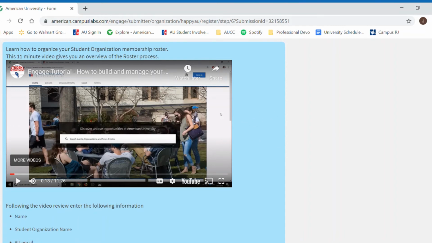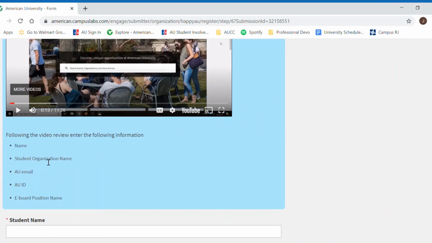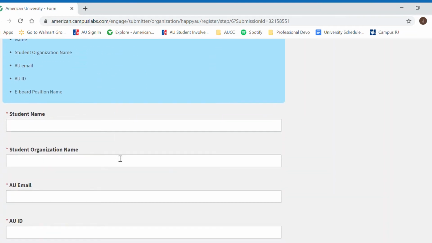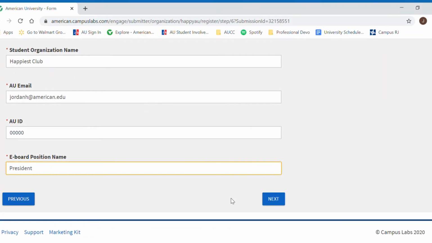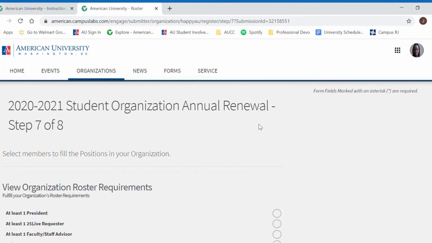So give this video a quick look through. It's about 11 minutes, but it's very intuitive, and it will also help you on this next step where we have to update our roster again. After you check out the video, just go ahead and enter the following information again, same as you did on the last tutorial. And we'll say president. And we'll go ahead and hit the next button. Step 7 of 8 now,